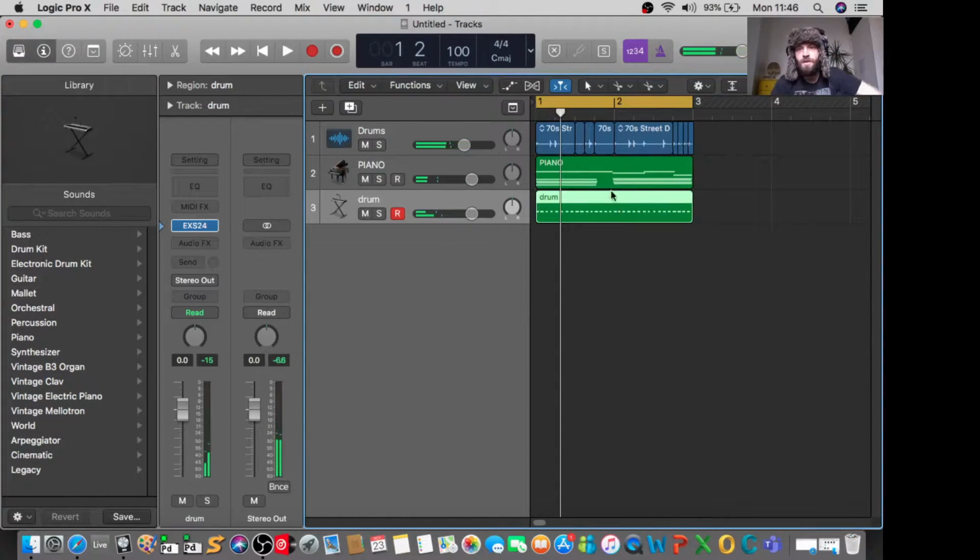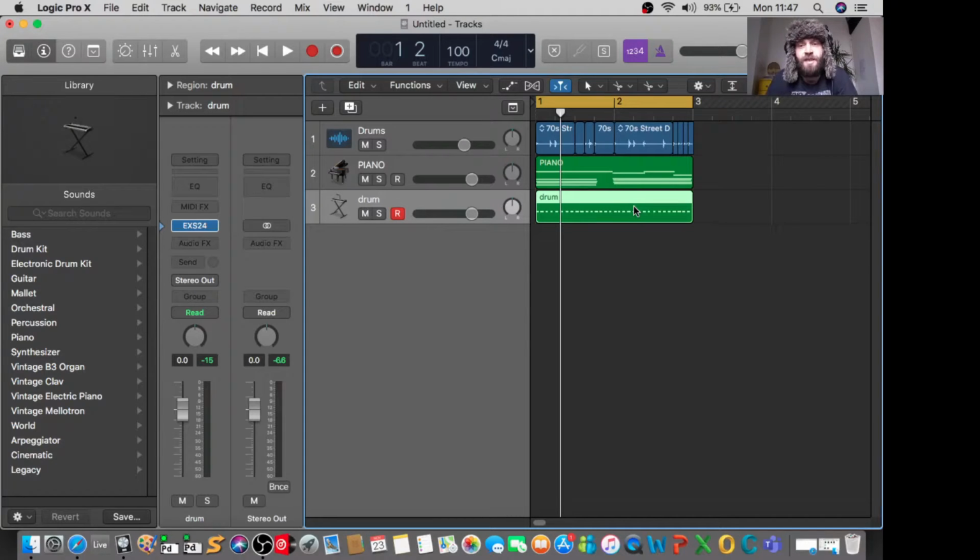So we've got drums, we've got the piano chords, and we've got this little shaker thing coming off the drums. I know straight away that the shakers aren't in time. So what I'm going to do is go in and edit these shaker MIDI notes so that they are in time. So the video is essentially about